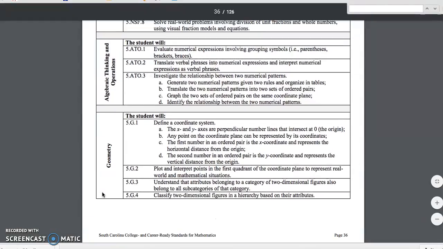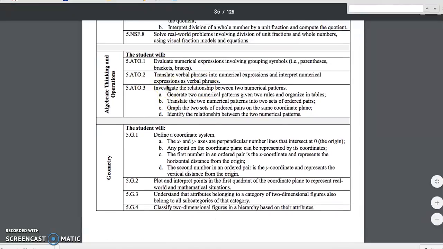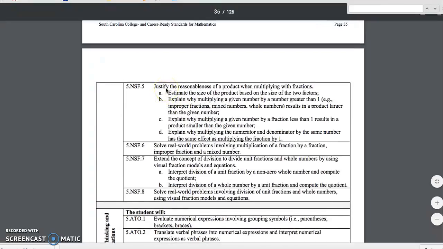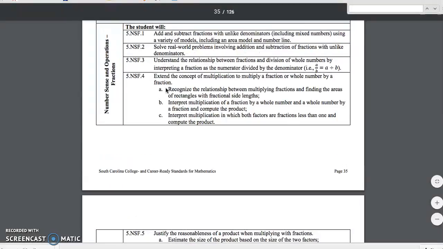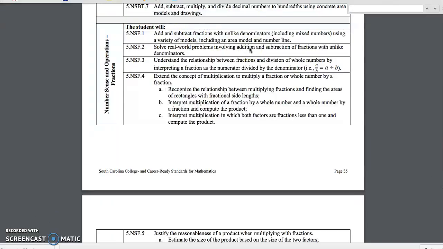So go under, see if something interests you more than something else, and let's go here to numbers. So we'll do fractions for number sense. So one of the standards is add and subtract fractions with unlike denominators using a variety of models. So here with our vocabulary tech tools, we could have had students define words like denominator, numerator, mixed number, and